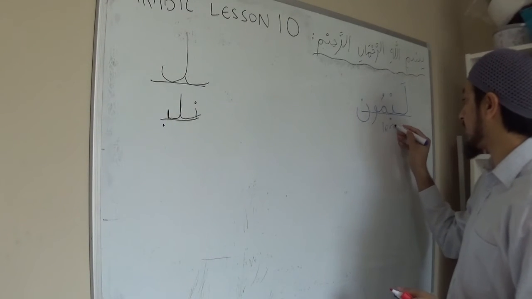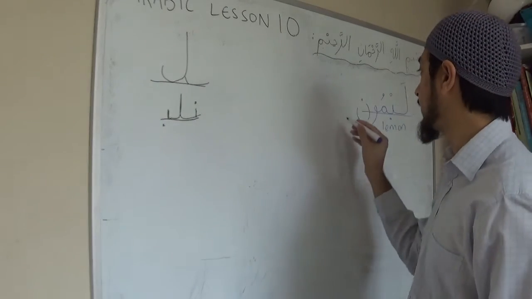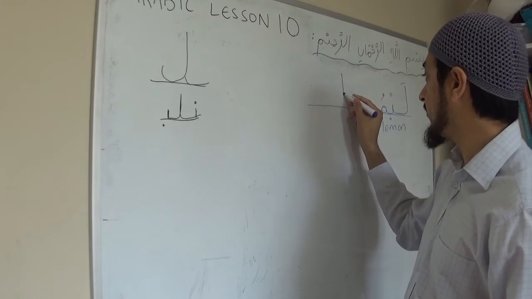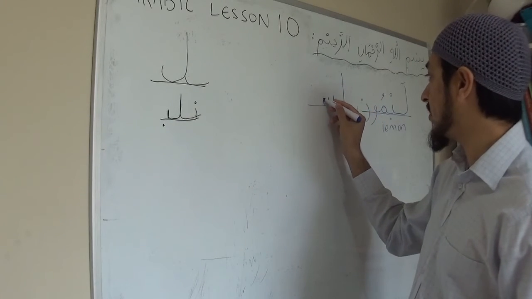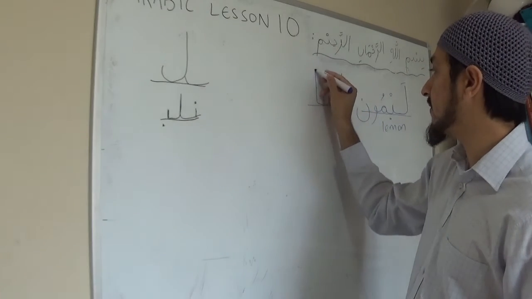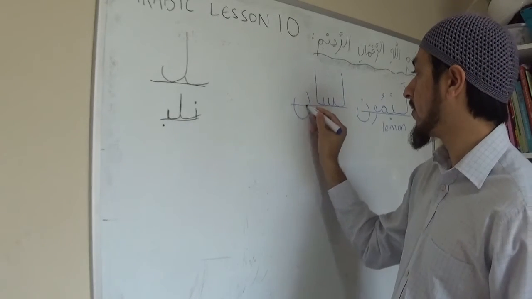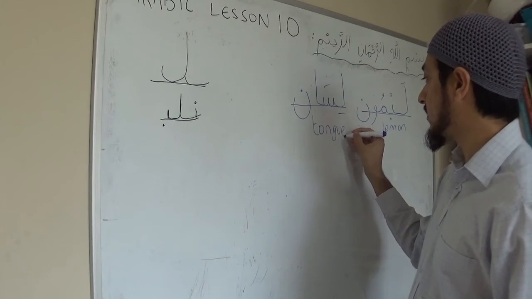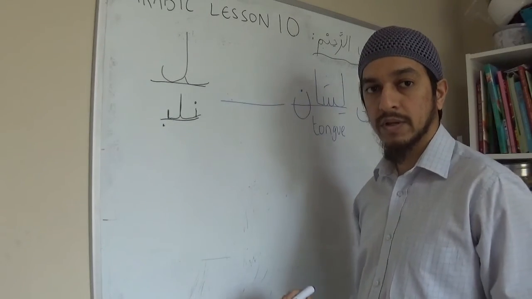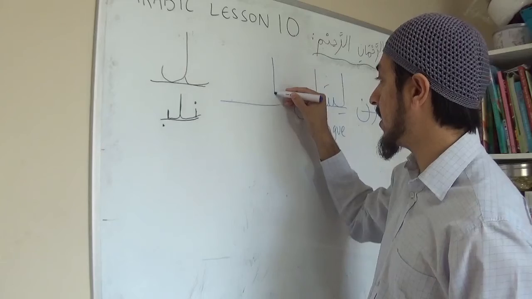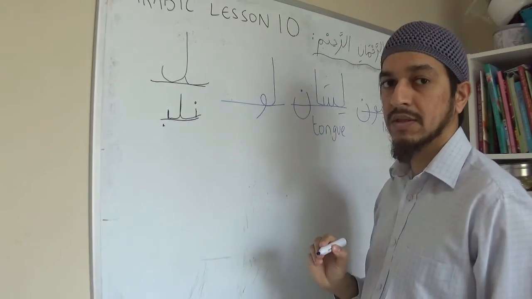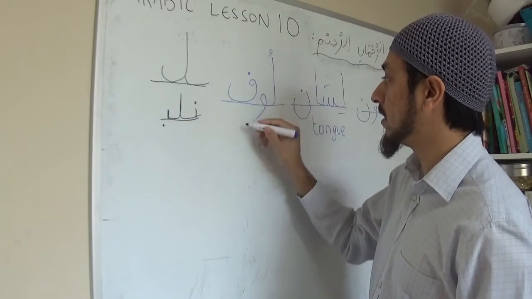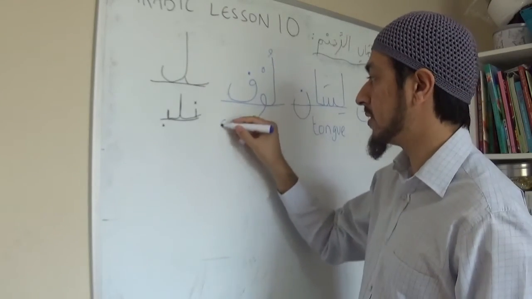Laymoon, sounds similar, lemon. Starting with lam, coming from the top down, seen sitting on top of the line, going to an alif, and finally the noon that goes through the line. Lisan, tongue. And the final one was loof. Start with the lam coming all the way down to a wow that goes underneath, and then the fa, as we've seen, sits on the line by itself in its full form. Loof. It's like a loofah or scrubber.